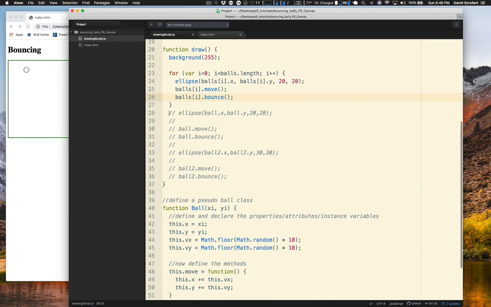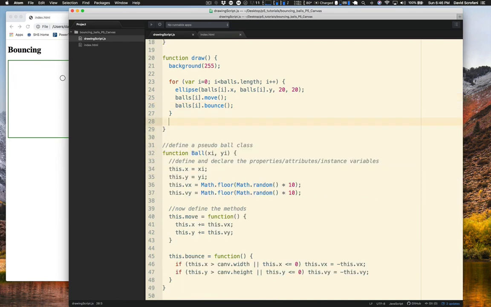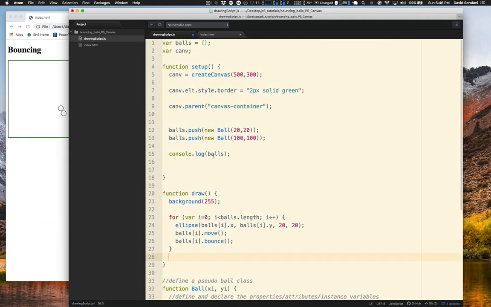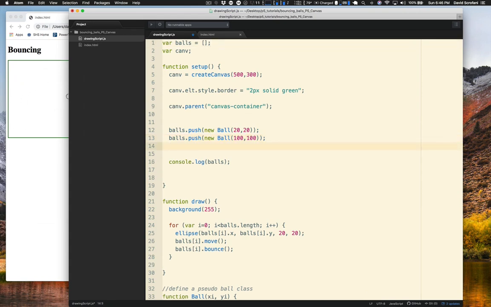Clean code. Minimal number of lines. I don't need any of that anymore. I can get rid of it. Okay. Now, I think you probably can see where I'm going with this. There's no reason to stop at 2. Right? With this array, I can just make another ball. Balls dot push